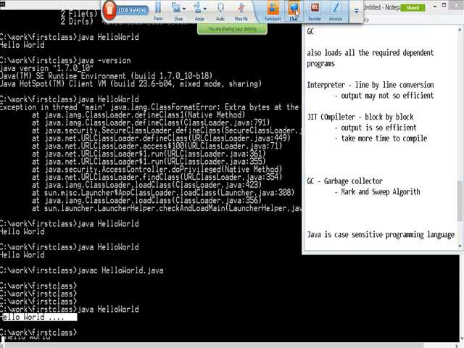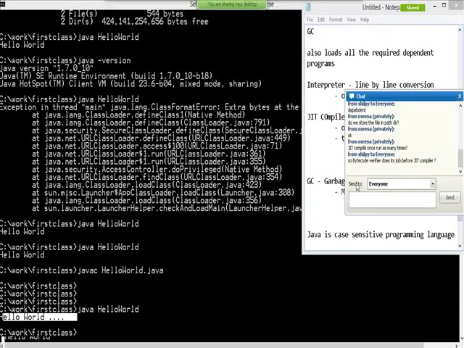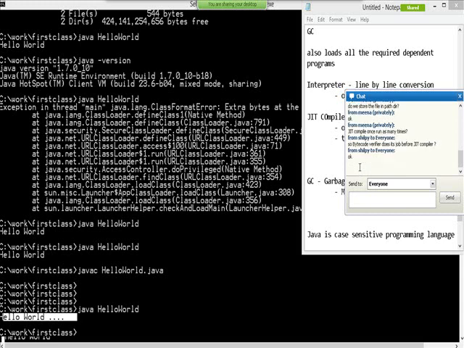One question here, Shilpi is asking: is bytecode verified before the JIT compiler does its job? You are right, Shilpi. Bytecode has to be verified first. When it determines it's authorized bytecode, the right bytecode which I can execute, only then are the JIT compiler or interpreter going to convert that into a machine understandable format. Okay,